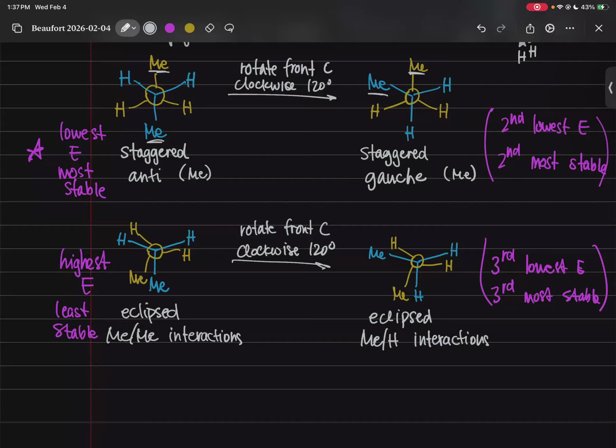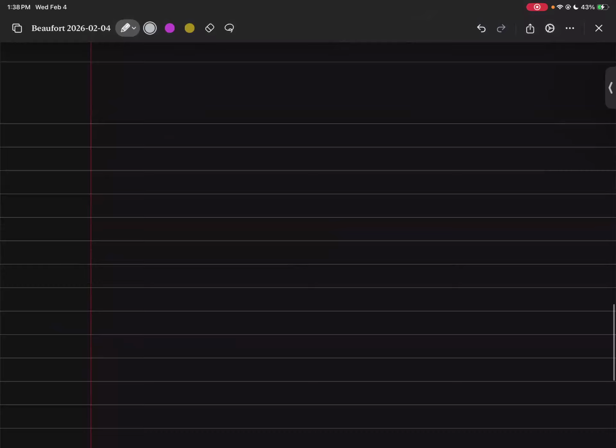So the big takeaway is, well, staggered is always going to be lower in energy than eclipsed. I think we already talked about that, but this proves it maybe even more. So that means it's actually going to cut down on some work for us. For example, if we're asked for the lowest energy conformation of this molecule,